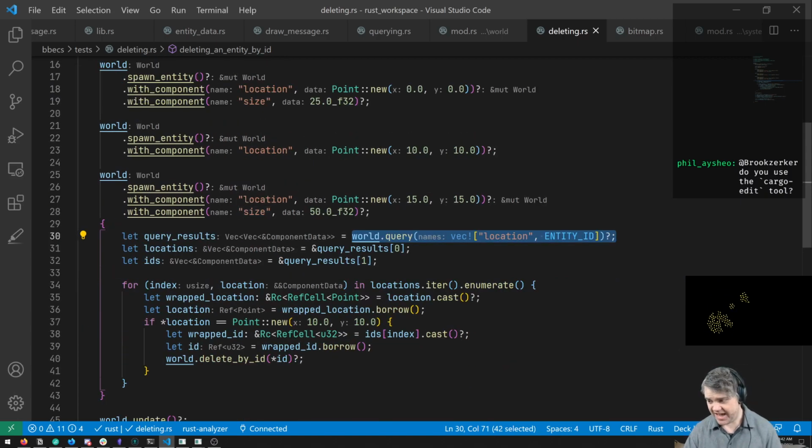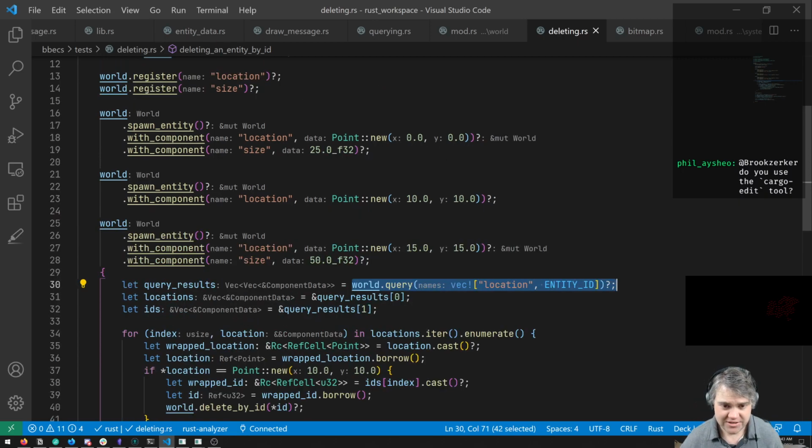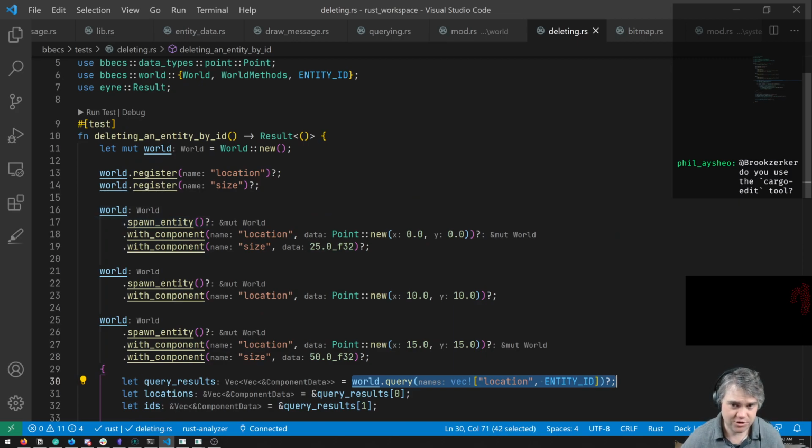Because I'm iterating through the hash map, I am running into the problem where it's not guaranteed the order that we're getting in. So that's the next problem, it's not guaranteed to have the order. I should probably, and this would make things a little bit nicer for us, have the query return a hash map as opposed to just a vector, and you can just extract out by what you called.